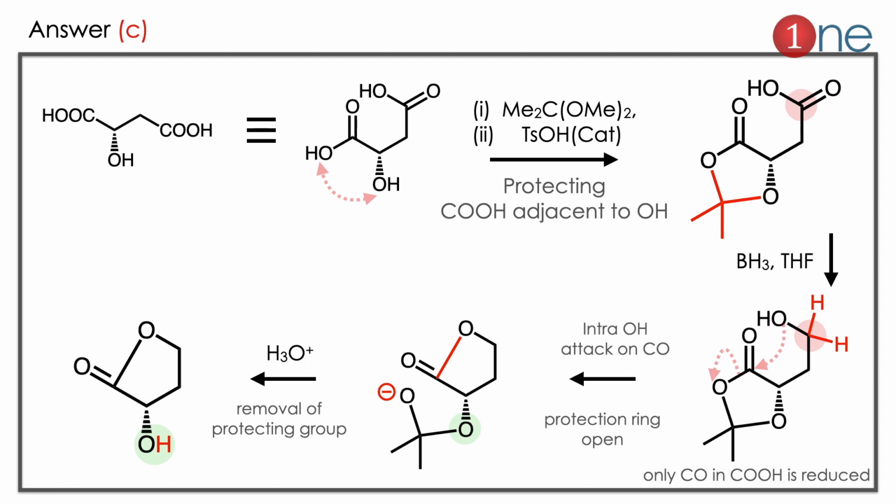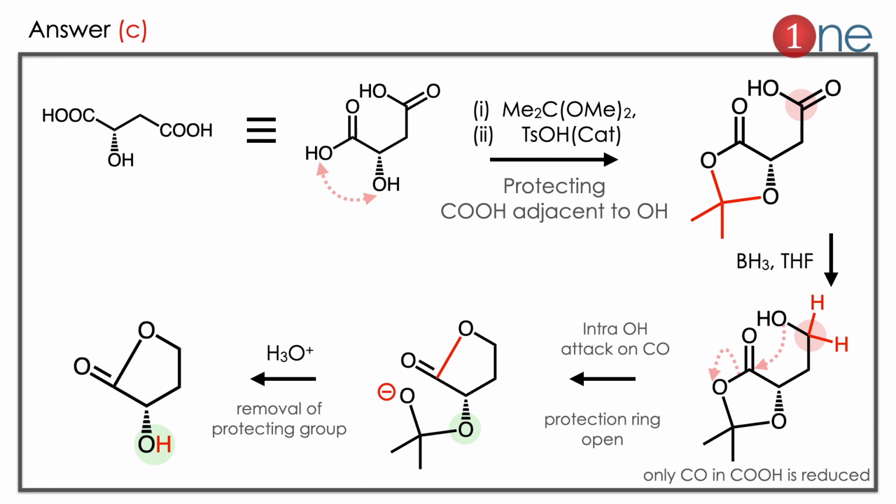The answer is C. Let us see how. Here we have to rewrite the starting material for our understanding. So we rewrite the starting material's carboxylic group. The CO and OH are separated. Here you might find that the hydroxy groups are nearby. It can be protected by a dimethoxymethyl group, so it's a protecting group. So the COOH and OH are protected by the methyl group. So a protecting group is there.